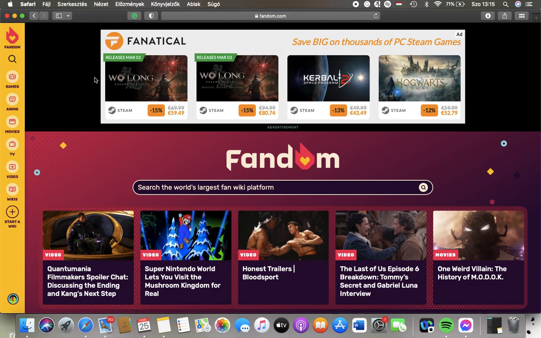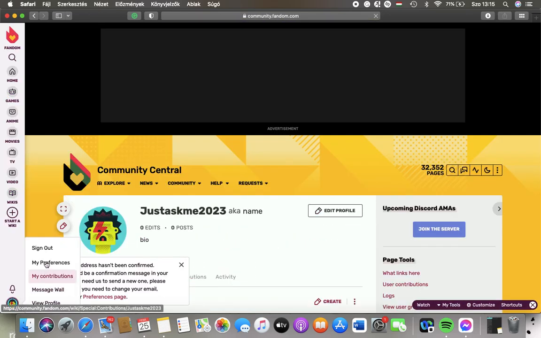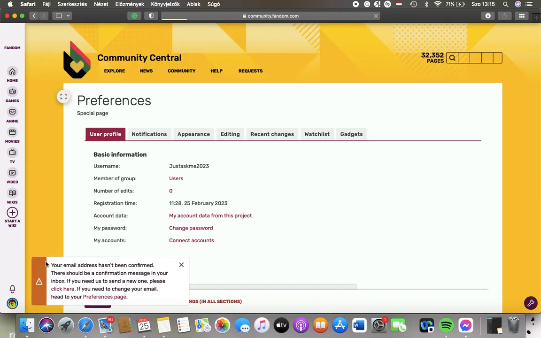Now let's jump into it. First of all, open the website and after that tap on this profile button down below in the left side corner of the screen. Then click on view profile, then tap on this button again and tap on my preferences,